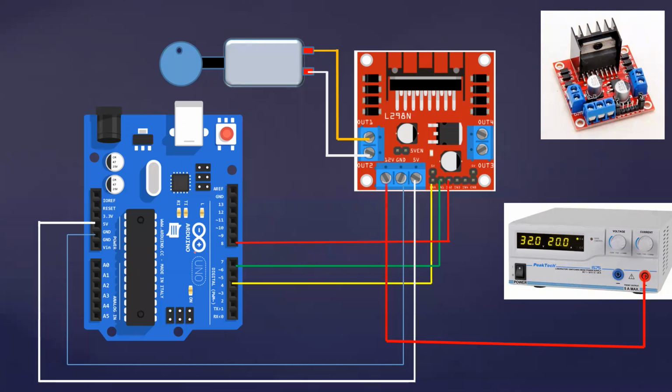The positive terminal is to be connected to the 12 volt. This is your positive terminal of the power supply, and this is the ground. So connect the negative terminal to the common ground. So ground is common for high voltage and for the logic voltage, that is the 5 volt and ground from the development board. So this completes your circuit connections with the development board.